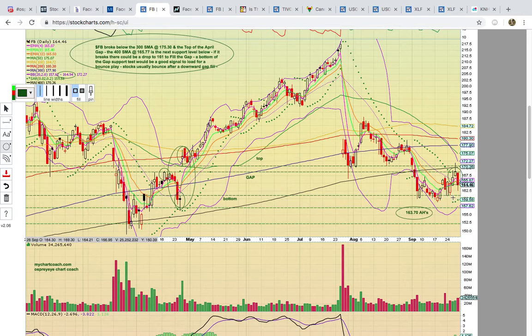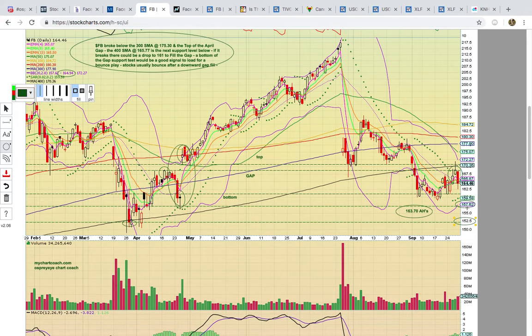Now keep an eye on the bottom of the gap level. If that were to break down here, you could see a pullback down to the lower Bollinger Band. You've got that down here at 157.62, and then below that you have the low close from back in March, which is down here at basically 152.50, and so that's the downside risk. If this 160 to 161 support level fails to hold, you could see a drop down to that 157 zone, and if that broke, 152.50 would be coming down, retesting the March low, and potentially getting a bounce